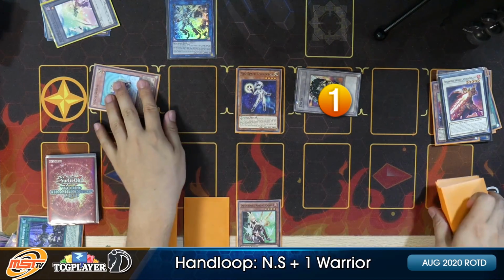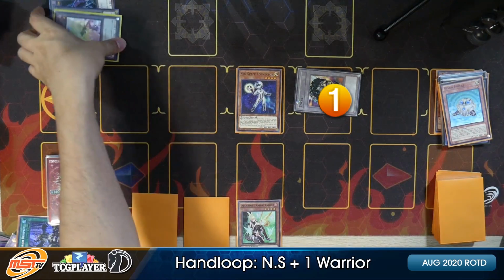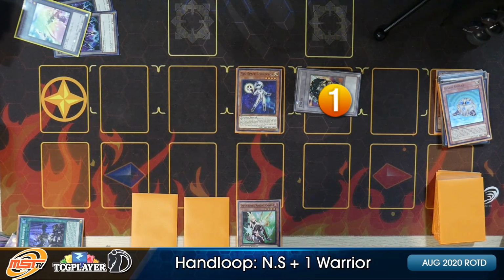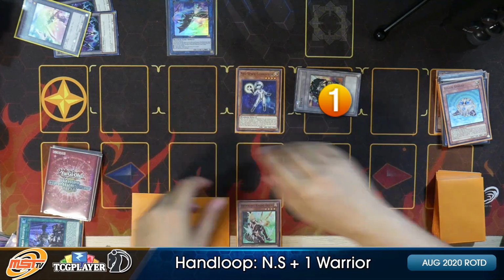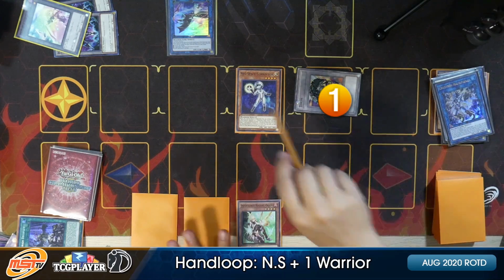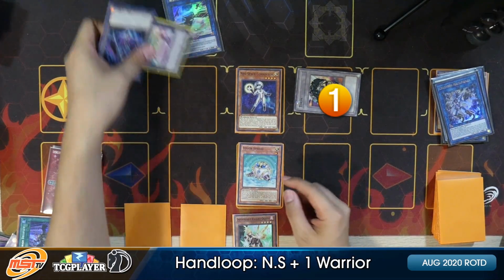With the Vylon Sphere summoned out onto the field, we can actually just take the Vylon Sphere and go ahead and synchro off and go into our Aurora Dawn. All right, so many steps, guys. Aurora Dawn's going to activate, and so with the Vylon Sphere, Vylon Sphere is going to equip to the Neo Space Connector, and yeah, we're just going to pump everything